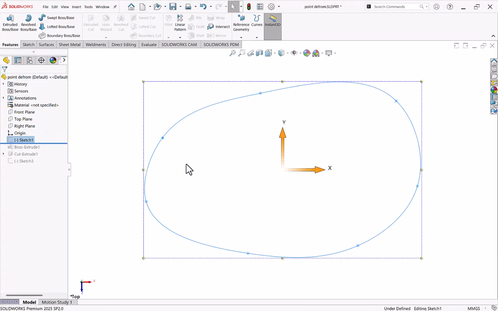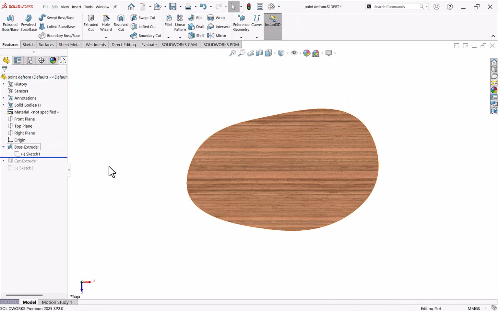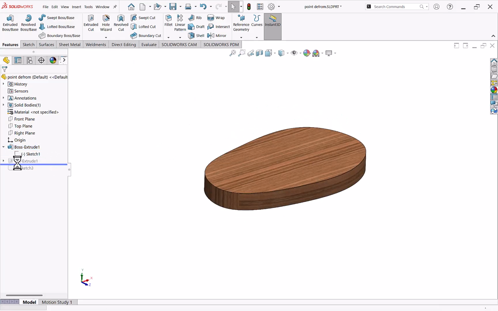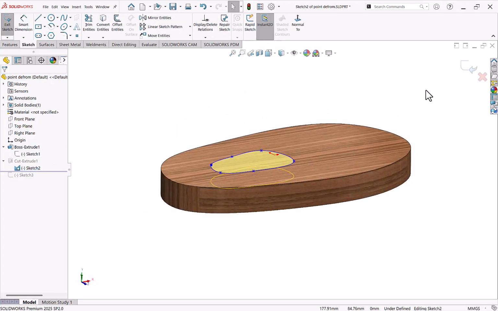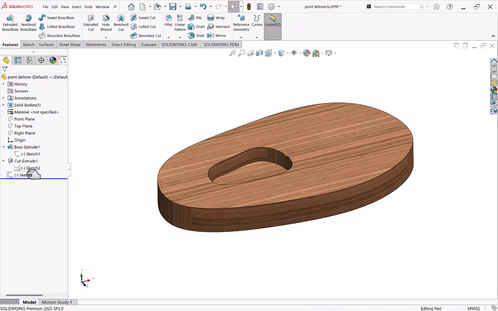We have created one random spline sketch here, exit, and then we have extruded this with a height of 10. After that, we made a cut the same way. We made a spline over that face and we cut that area. Next, we created one point over this, so we just took the point command and